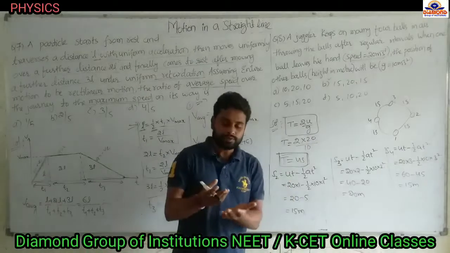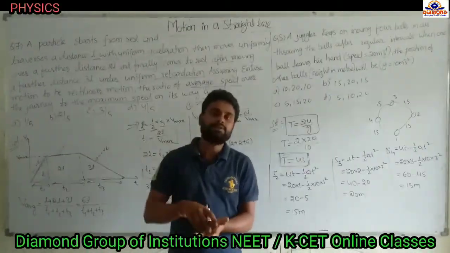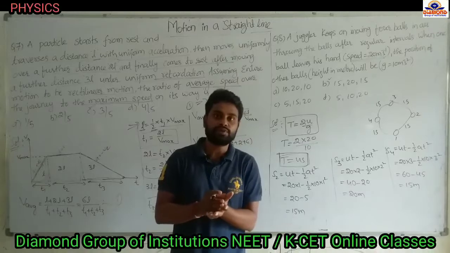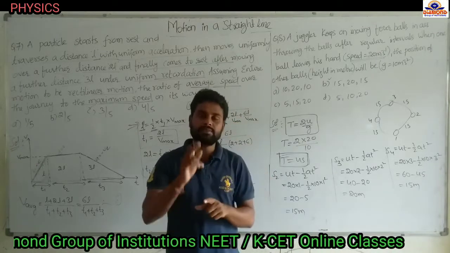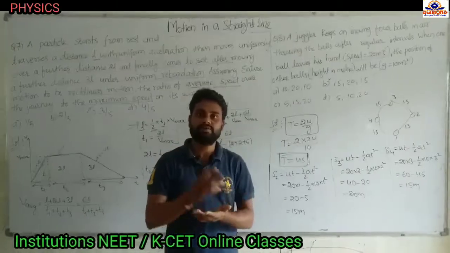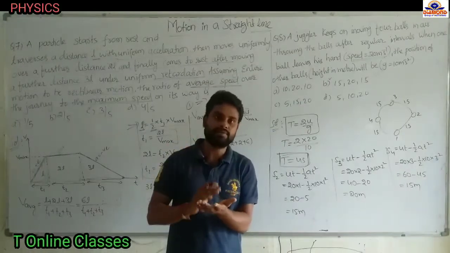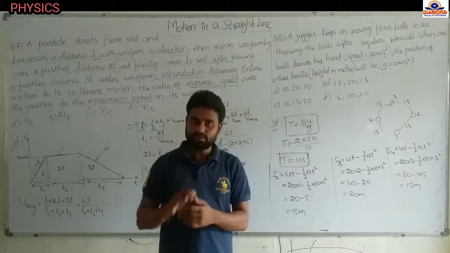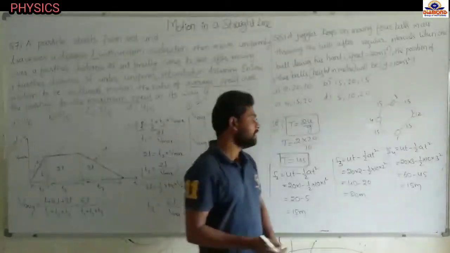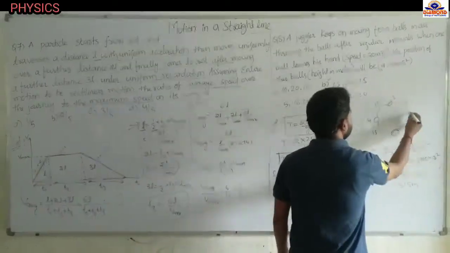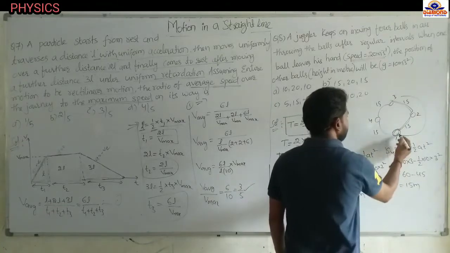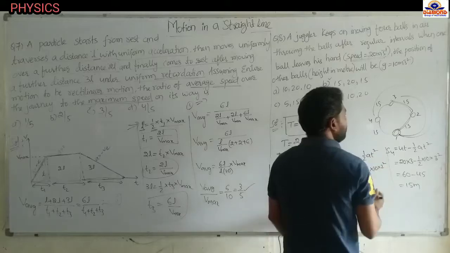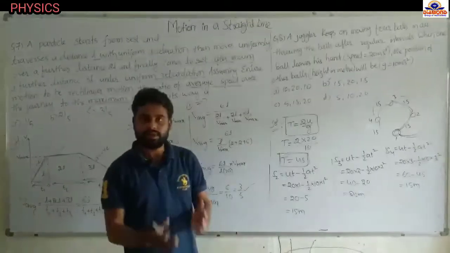Suppose the first ball takes 4 seconds to reach his hands. Then the interval between successive balls is 1 second. First ball to second ball 1 second, second to third ball 1 second, third to fourth ball 1 second, fourth to first ball 1 second. So first ball to third ball is 2 seconds, and first ball to fourth ball is 3 seconds. After 4 seconds the first ball will come to his hand again.